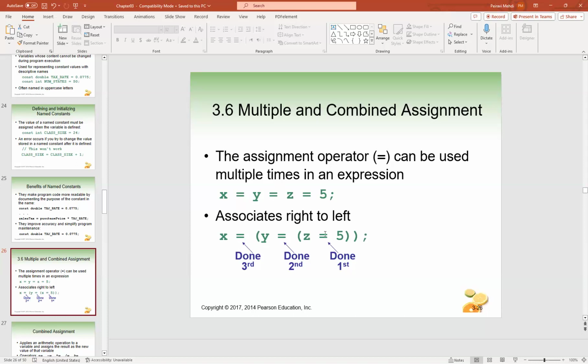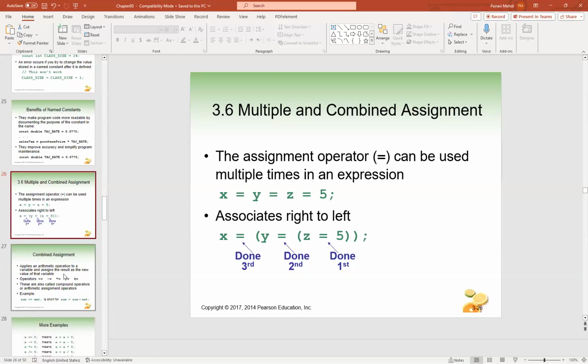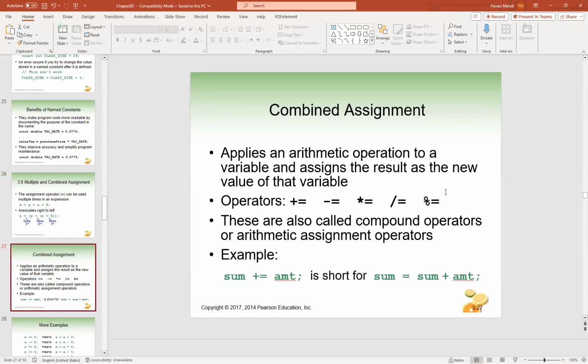First, z becomes 5, then y becomes 5, then x becomes 5. The first assignment that happens is the one on the right. Then y gets the value, then x gets the value. We call this multiple assignment. Sometimes you can have combined assignment, which applies an arithmetic operation to a variable and assigns the result